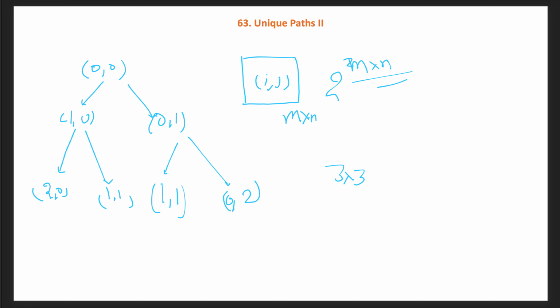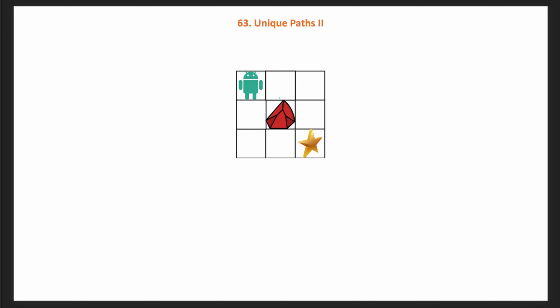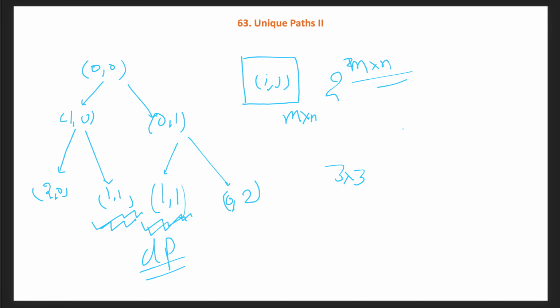If you see clearly, we have repeated subproblems in this recursion tree. Whenever we have repeated subproblems, and the problem also has the optimal substructure property, as we are building the solution of a small subproblem and then enhancing it to get the solution of the bigger problem, we can apply dynamic programming. So for this recursive solution, we will cache the solution of the smaller subproblem either into a hash map